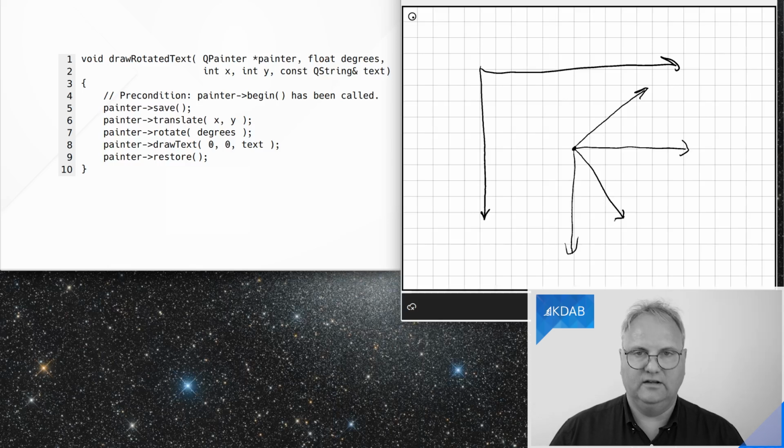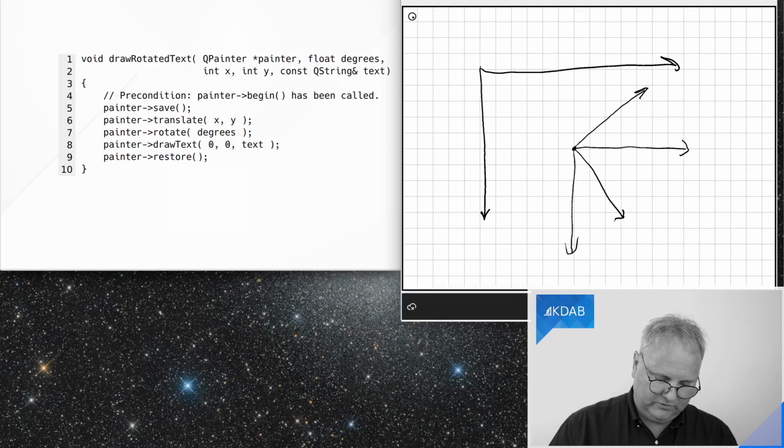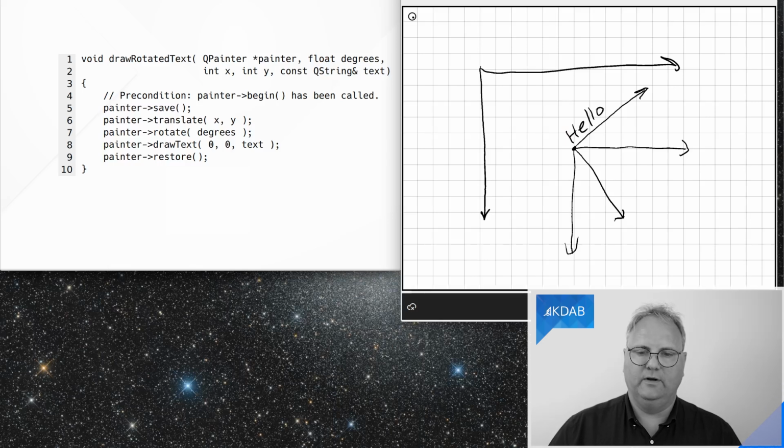I've rotated it, and I guess I can just turn it upside down, because now I want to write, I'll just write it here on top. At this position here, I want to write hello. So at this point that I had, I wanted to draw text rotated.